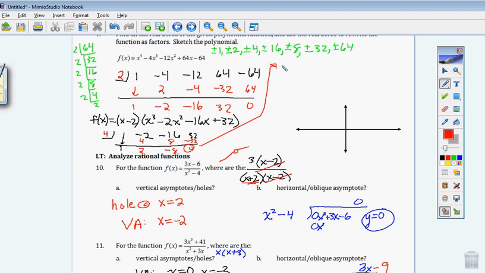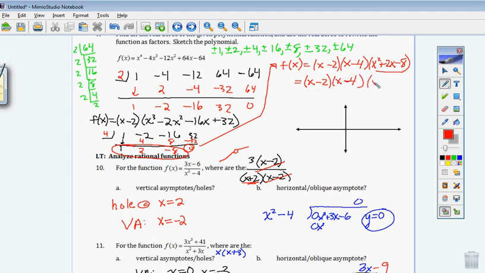So now we'll go over here. We still have our factor of x minus 2. It's still there. We just found a new factor of x minus 4, and then using these coefficients right here, we started at cubed, so now we're down to squared. So that'll be 1x squared, and then plus 2x, and then minus 8. And now we can factor that. No need for synthetic division. So now we got x minus 2, x minus 4,